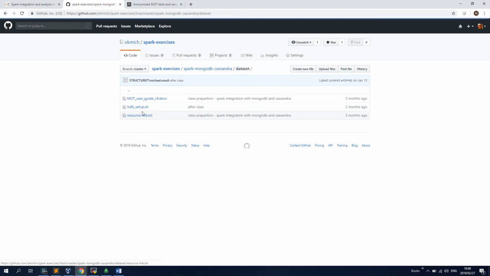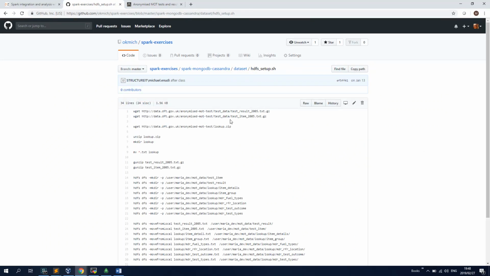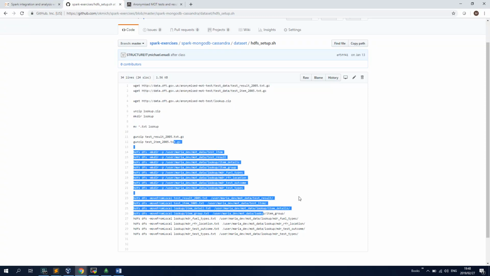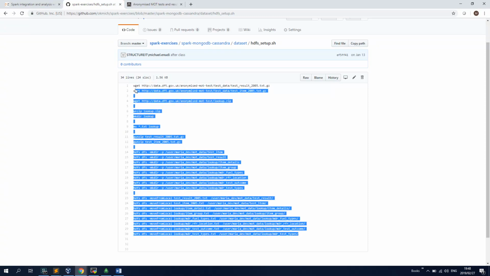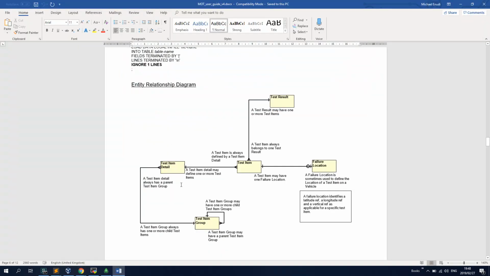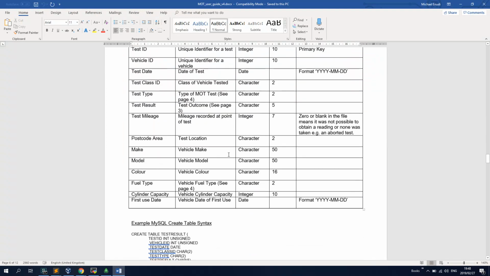The script to do all that is here. We downloaded the data and we loaded them, even the lookup data as well, we loaded them to HDFS. And once in HDFS, we decided to write a code that will remodel these data. Also, if you go to this document, you would see that